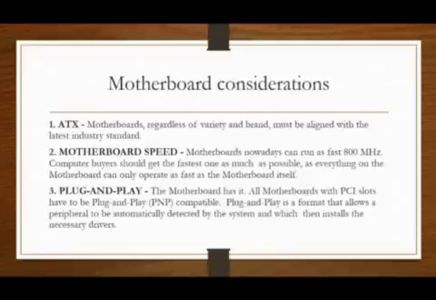Motherboard speed. Motherboards nowadays can run as fast as 800 MHz. Computer buyers should get the fastest one as much as possible, as everything on the motherboard can only operate as fast as the motherboard itself. Last, plug and play. The motherboard has it. All motherboards with PCI slots have to be plug and play compatible. Plug and play is a format that allows a peripheral to be automatically detected by the system and which then